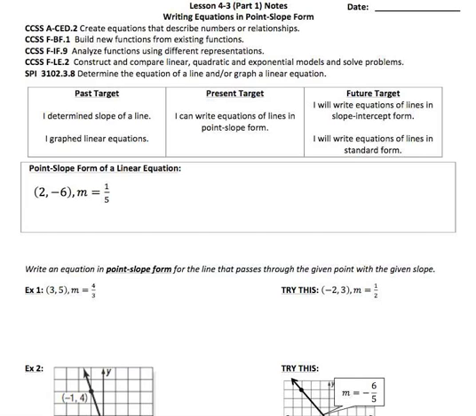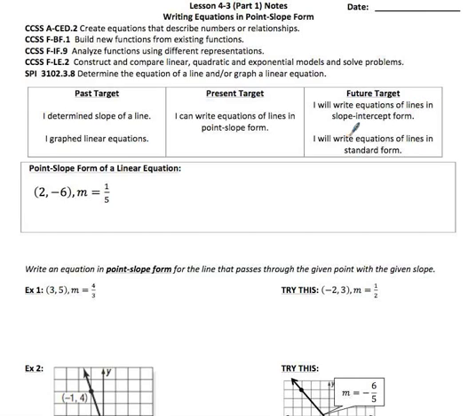Okay, this is lesson 4.3, part 1. We're going to be writing equations in point-slope form. In the past, we determined the slope of a line. We'll be utilizing that today, and we graphed linear equations. Today, we're going to write equations in point-slope form, and that's going to help us to write equations of lines